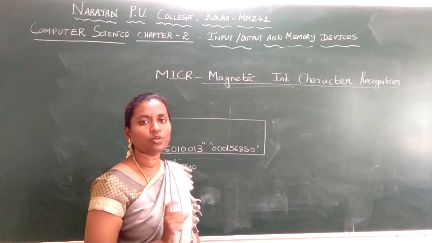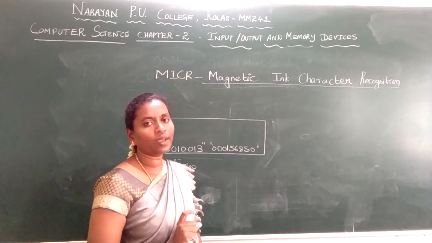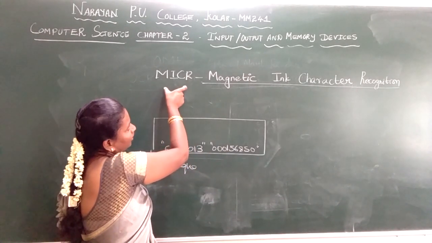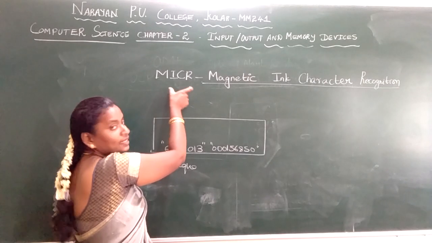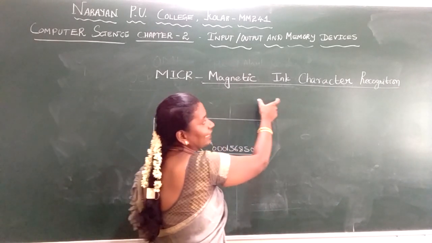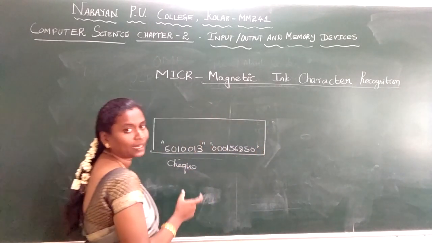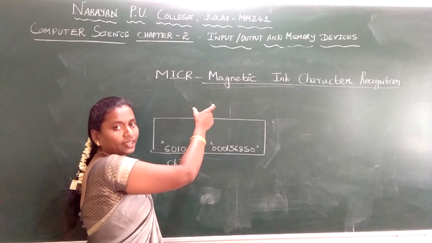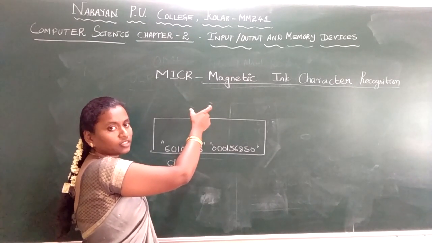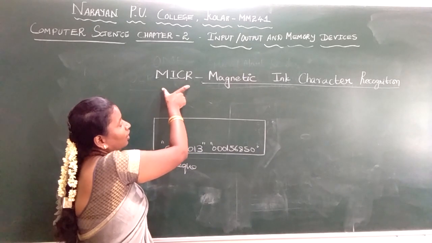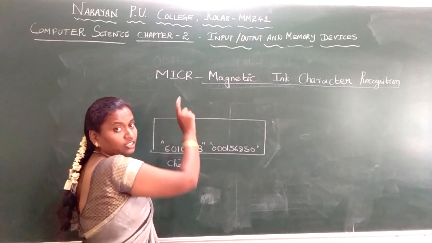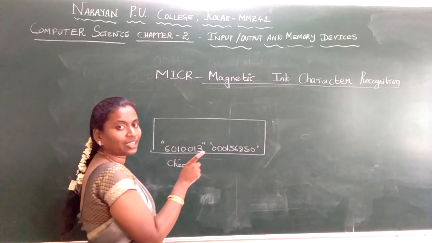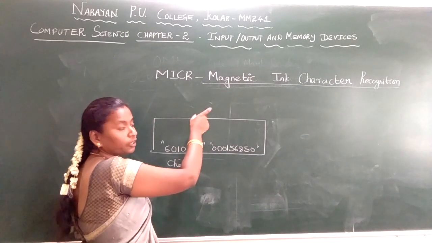We discussed OCR, we discussed OMR. Now the last input device is MICR. MICR stands for Magnetic Ink Character Recognition. I repeat, MICR. These are your 1-mark questions. They may ask you the application of each and every input device, or else they will ask you the abbreviation. Abbreviation is for 1 mark. If they ask the applications of all these 3 input devices, it will be for 3 marks. Okay, so keep it in your mind.